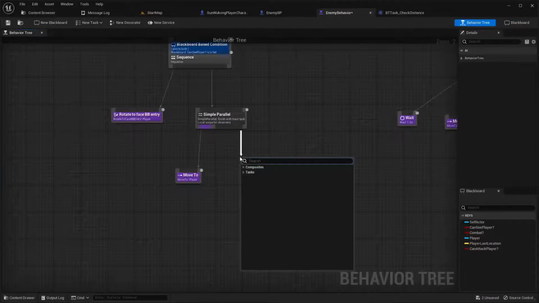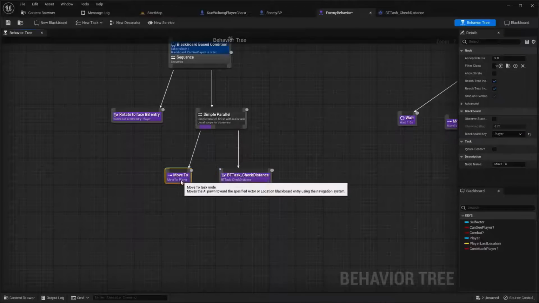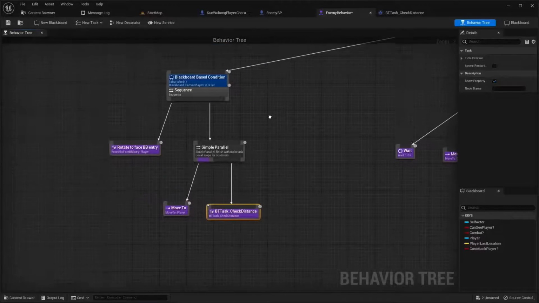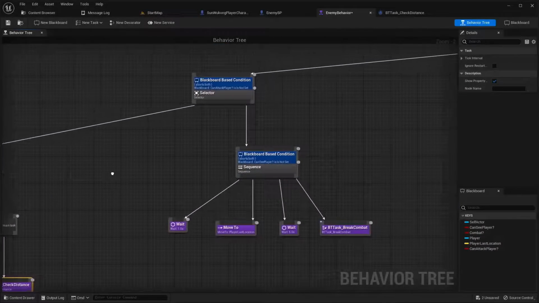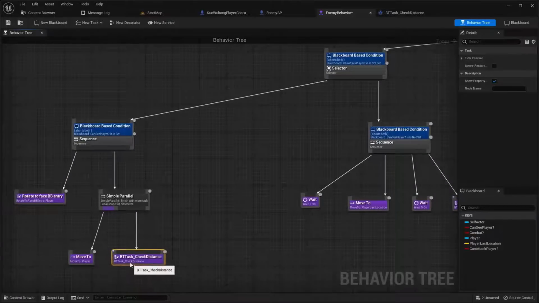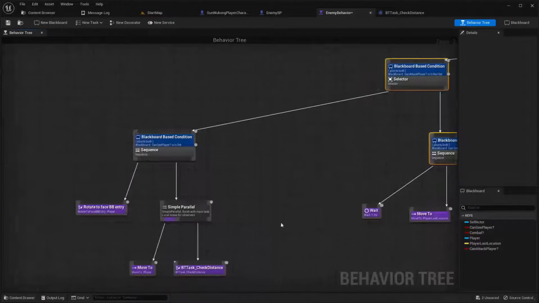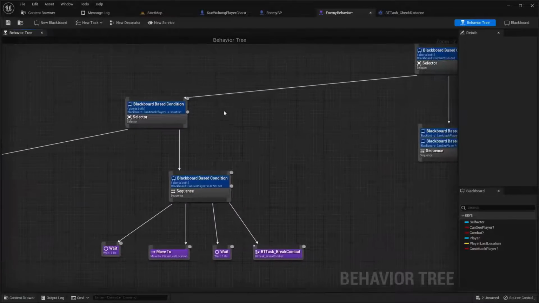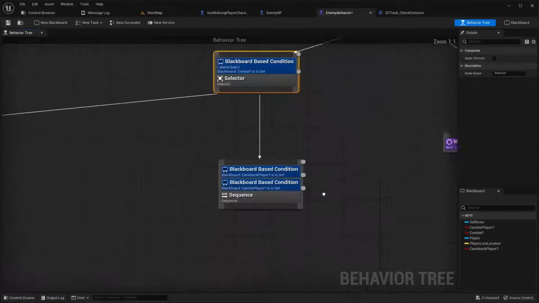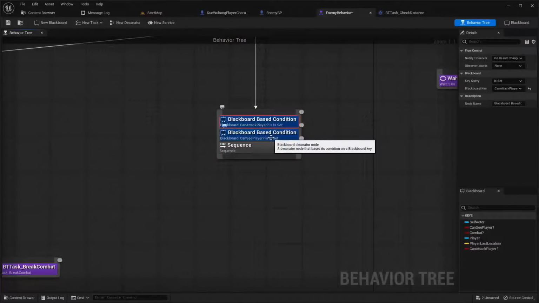Here I'm going to place our check distance test, just like that. So while our enemy is moving to our player, he's going to be checking the distance. And let's see here. And if he can attack our player, if the distance is here, if this is true, then he's going to break his action, then goes back here. He can't do this action again, and then he's going back here. So he will go back to this function, this sequence, because he can attack a player,